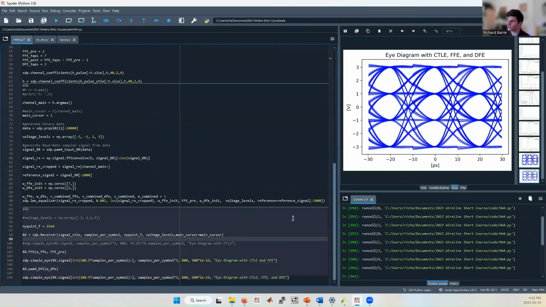Okay, so I hope that gave you an introduction on how you can model CTLE, FFE, and DFE equalizers using SerDesPy. There's a whole bunch more things that you can do to more accurately model a real transceiver, but hopefully